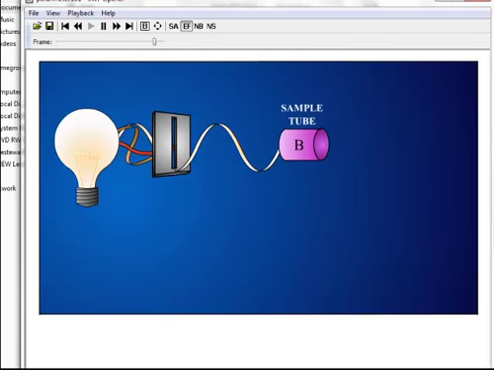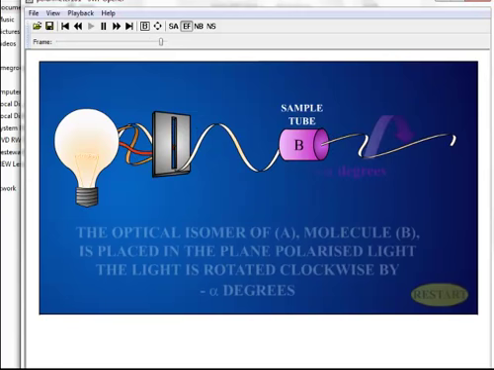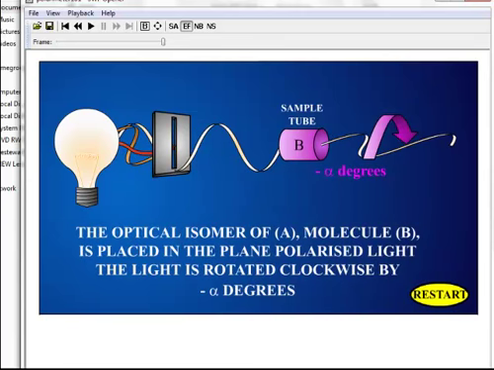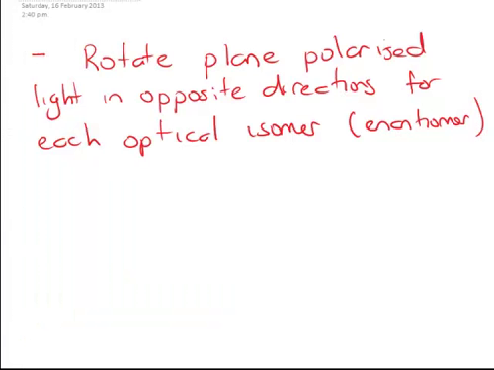describing it. Now, if we take the optical isomer of this, B, we'll find it rotates it by the same number of degrees in the opposite direction. And this is why they're called optical isomers, because of their ability to rotate plane polarized light. Anyway, another name for an optical isomer is an enantiomer, so you should know that as well. Now, optical isomers